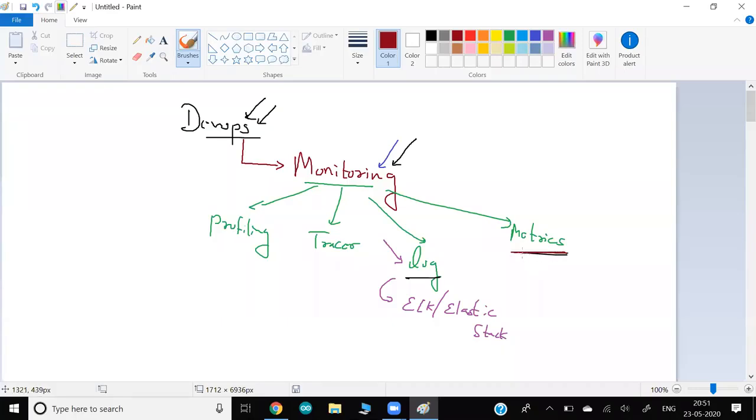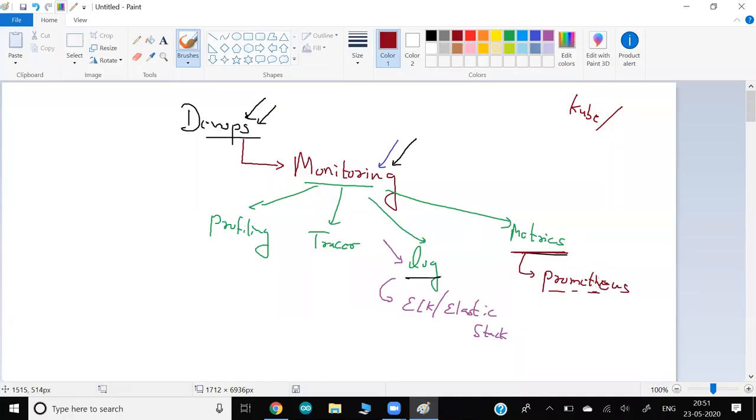And for metrics, one of the very great tools, and I believe in the open source world the most demanded tool in the current market, because if you talk about Kubernetes, it is a great demanding tool for container management. Similarly, in the monitoring world, one of the most demanded tools for metrics monitoring is called Prometheus.